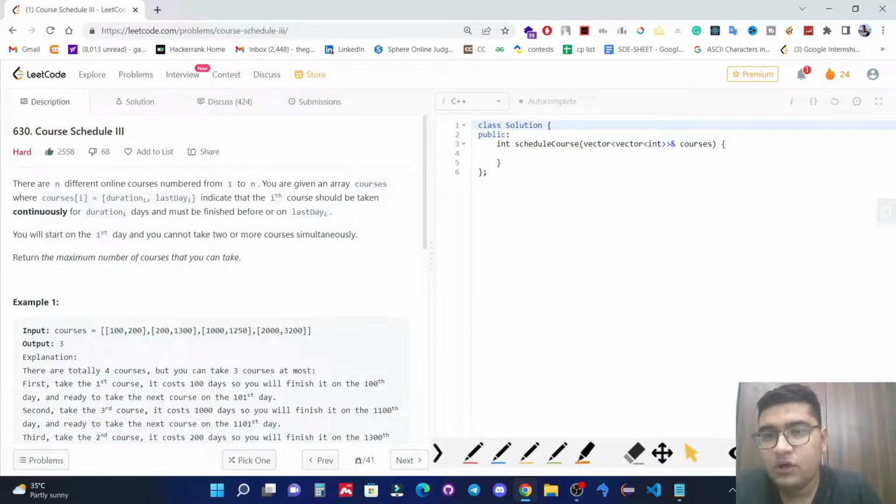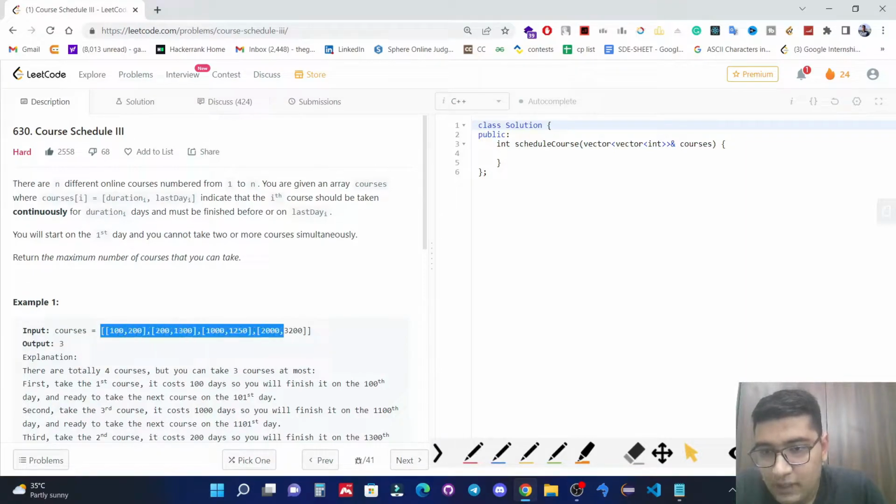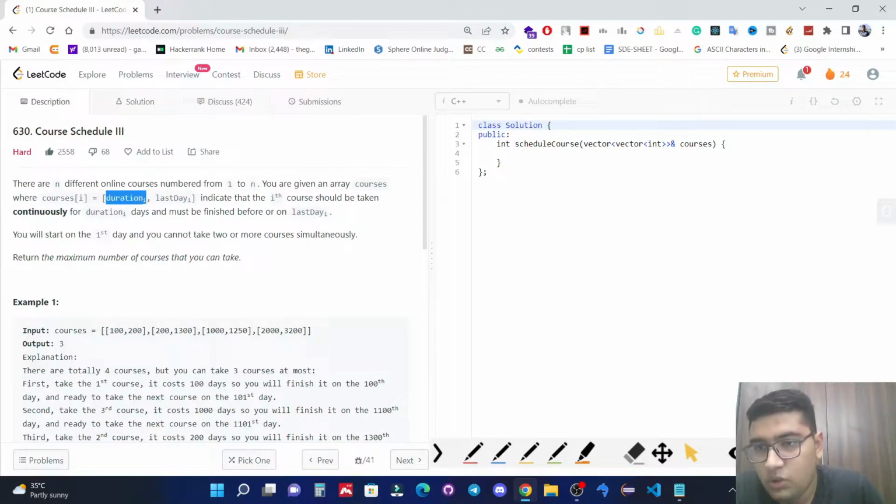There are n different online courses numbered from 1 to n. You are given an array courses where courses[i] is equal to duration i and last day i. So we have been given a 2D vector. In this 2D vector we have vectors, where the first index represents the duration of that course and the second index represents the last day, or we can say the limit to complete that course